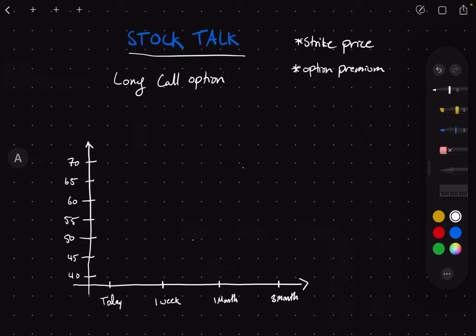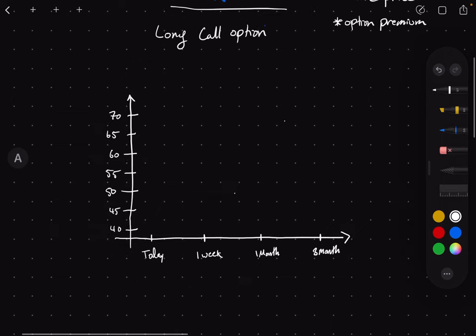So we're going to go through an example of how this works. We're going to talk about a stock. We'll call it a stock named Cool Bikes. Cool Bikes right now is trading at $50. And here's my today. There's $50,